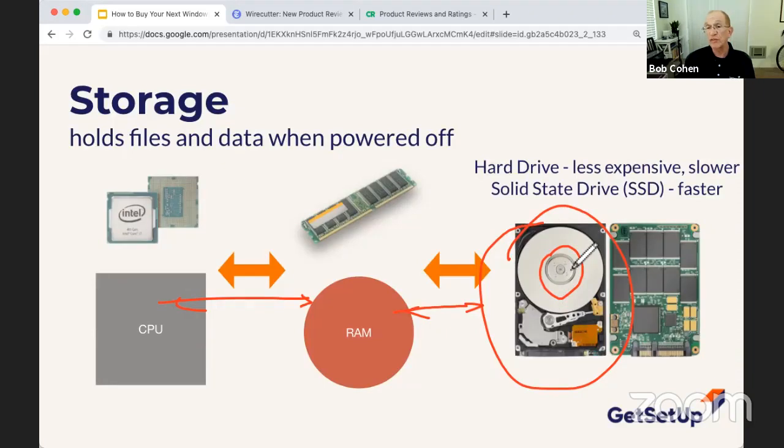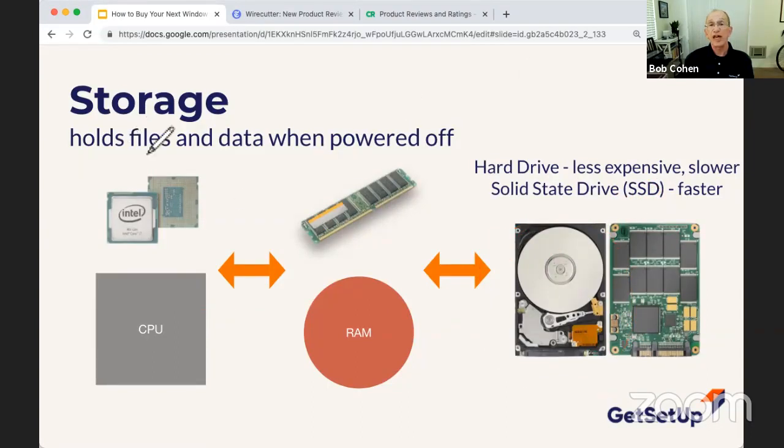Rotating platter hard drives are pretty inexpensive, but they're slower than this newer model called a solid state drive. It's faster because it is all electronic. So you know how with your iPhone or your iPad, you pop it up and you are able to get your screen lit up right away. That capability is because it's all electronic. There's not a mechanical part in it. So computers with solid state drives will tend to run faster. They'll definitely start up faster than one with a hard disk drive.